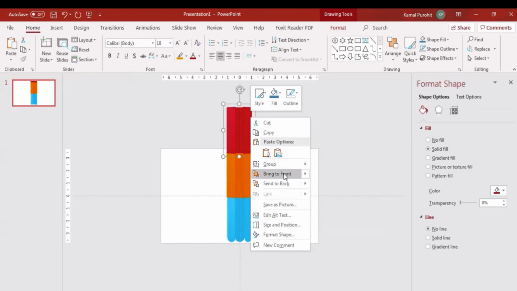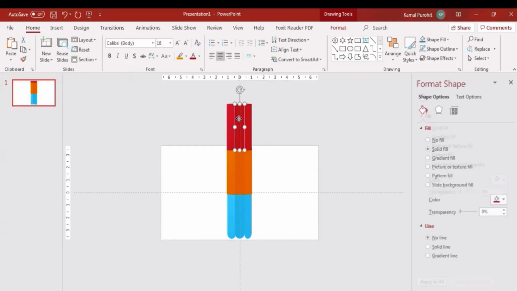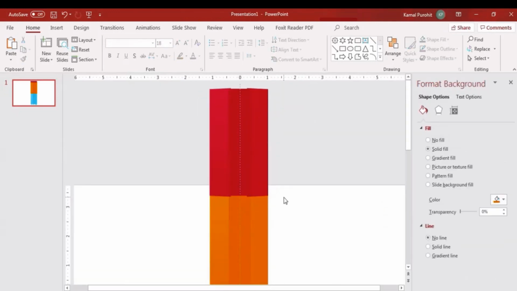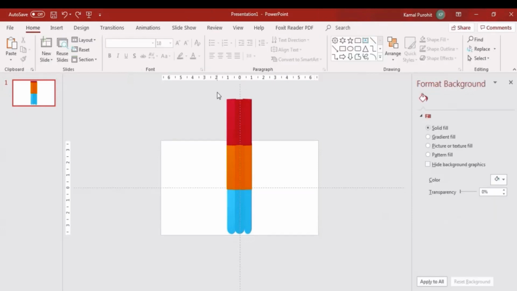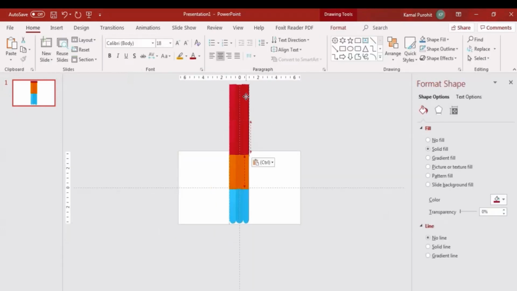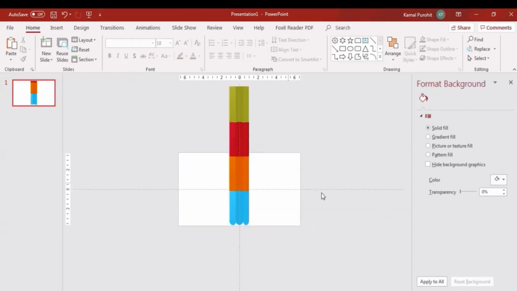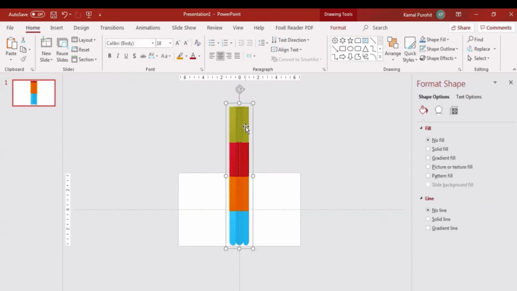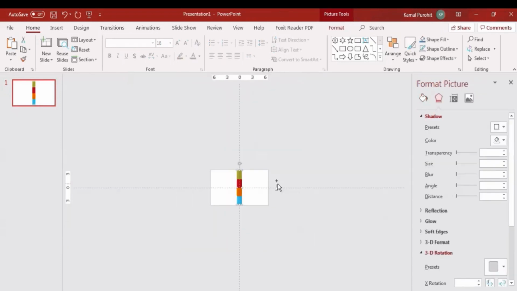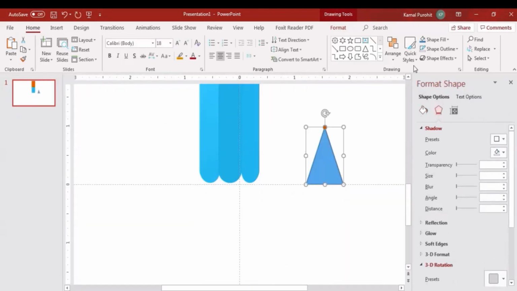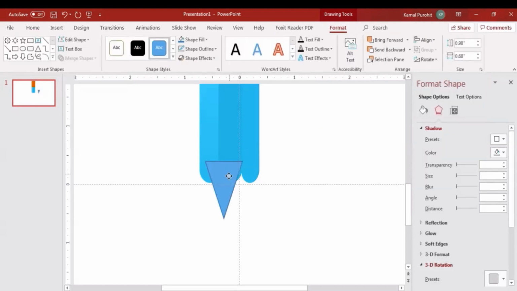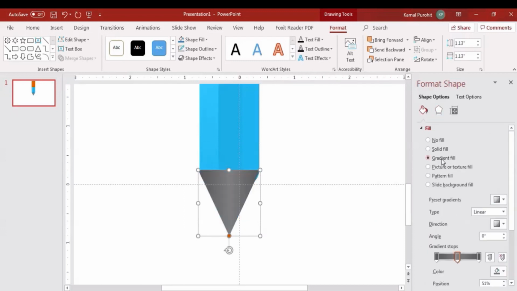We're done with the 3 colors. We'll add one more, so if you have some issue with the length of the shape, you can correct it. While making the pencil, you can see, take the last shape and put a different color here. Now copy and paste it as an image, so you don't have to worry about the shape changing and all. And then take a triangle shape, put it here, color it